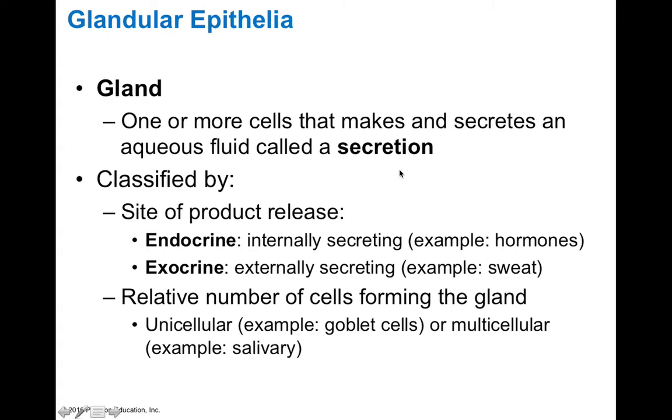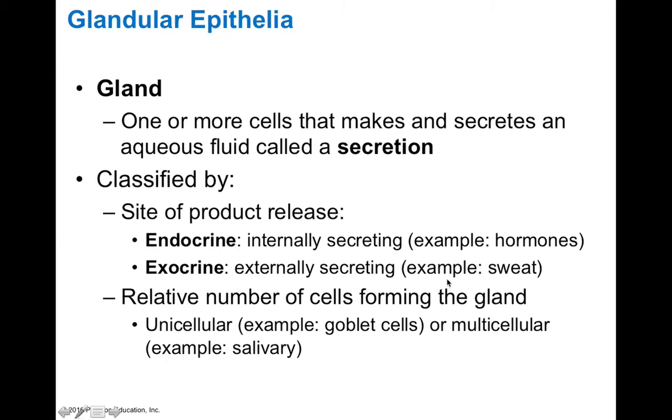And the secretion is basically a watery solution that may contain enzymes or other molecules that give that secretion a particular characteristic. Now, it's classified based on the type of secretion it creates. Now, endocrine glands are the ones that secrete hormones into your bloodstream. Exocrine glands are the externally secreting, and these are the ones that actually put their secretion into a duct, and that duct then drains somewhere, like on the surface of your skin, for sweat, or along your digestive